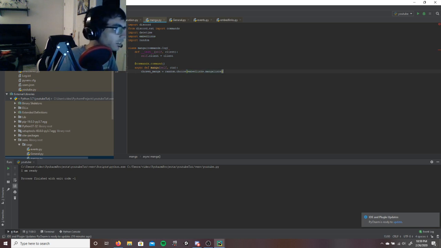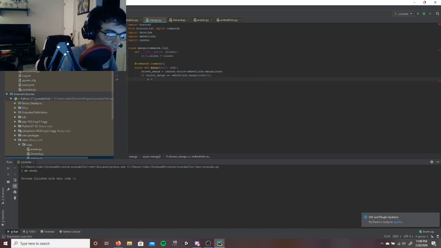So this is going to choose a random index from embed_links.manga_links and store that in chosen_manga. If chosen_manga equals embed_links.manga_links index of 0, so this is the default,